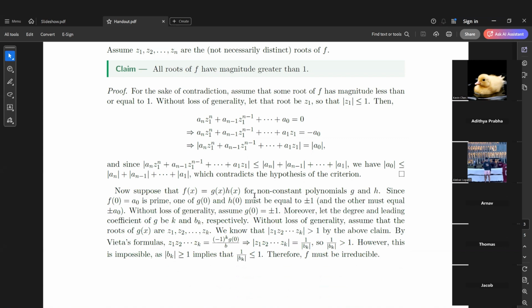And this is true because since f of x is equal to g of x times h of x, if we substitute x equal to 0, we can easily obtain that a0 is equal to g of 0 times h of 0. And a0 is prime, and the values of g and h have to output integers. So one of them must be plus or minus 1, and the other must be plus or minus a0. And so we can assume that g0 is equal to plus or minus 1 without loss of generality,